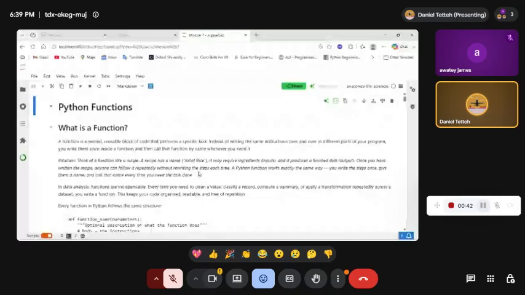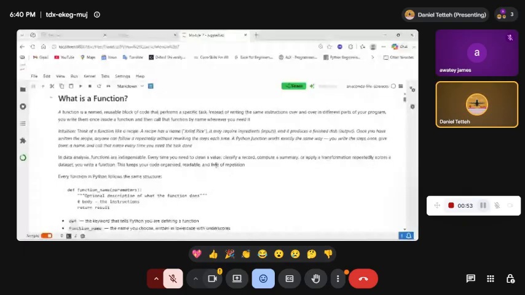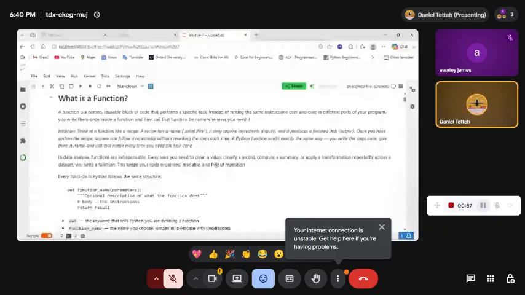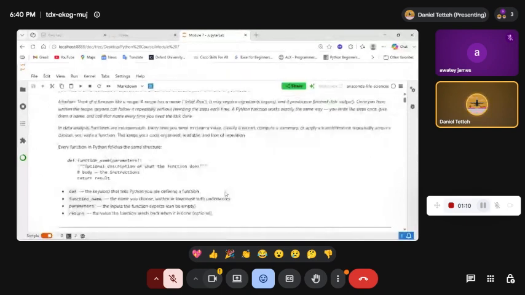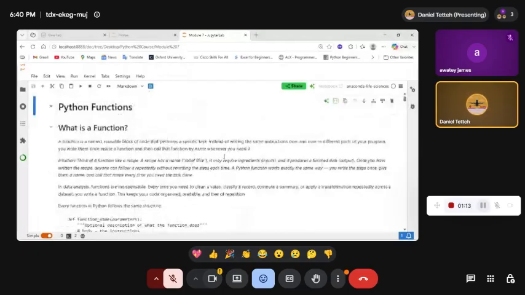Functions in Python are crucial because there are times that you'd like to reuse a particular piece of code that you've written from time to time. Without functions, you have to write the entire code again over and over. However, with functions, you don't need to write it. All that you need to do is call the function. And we saw that when we were running code